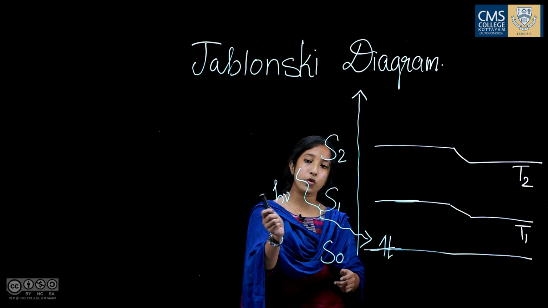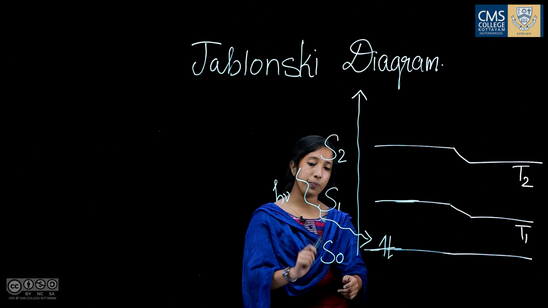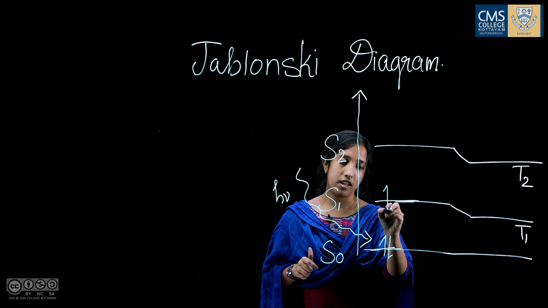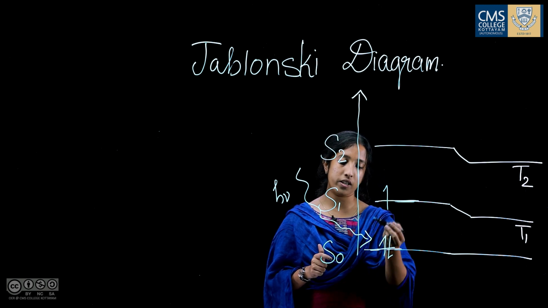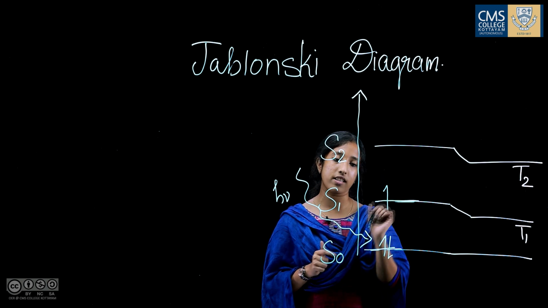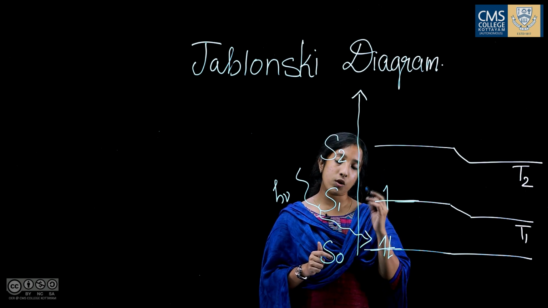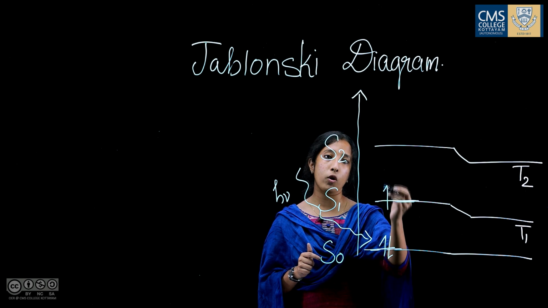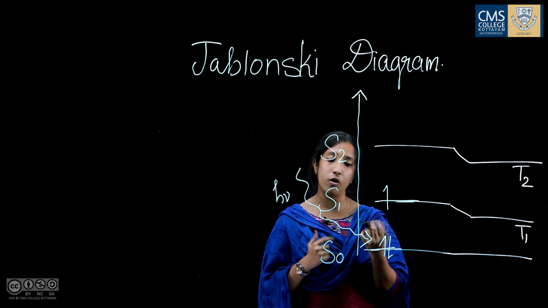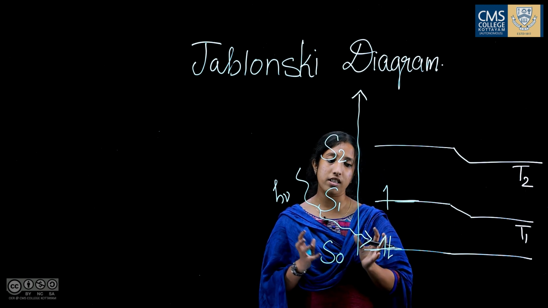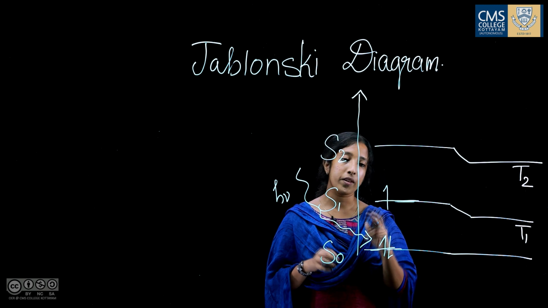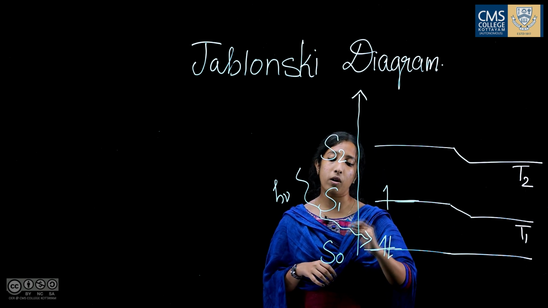Now, I am applying a suitable radiation, that is H nu. This electron can occupy this position, that is the S1 state. It goes from the ground state to the next excited state S1. There is also a chance that this electron can occupy the S2 or S3 or S4 state depending upon the amount of energy. So, to make this concept a little easier, we are basically just concerned about S1 and